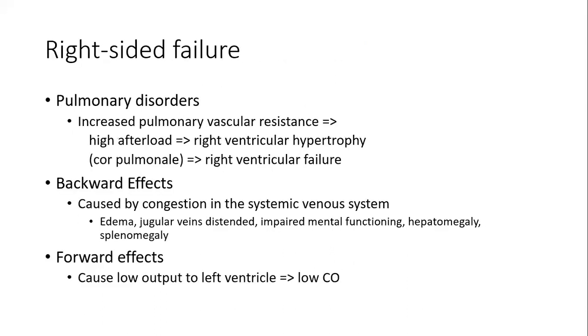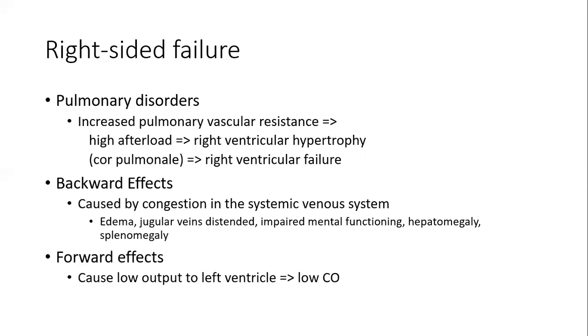Right-sided failure is commonly related to pulmonary disorders. Increased pulmonary vascular resistance, like in a person with COPD, for example, will result in high afterload. That's the blood going to the lungs, then to the pulmonary circulation. And so you get right ventricular hypertrophy, and then cor pulmonale can develop, and that leads to right ventricular failure,